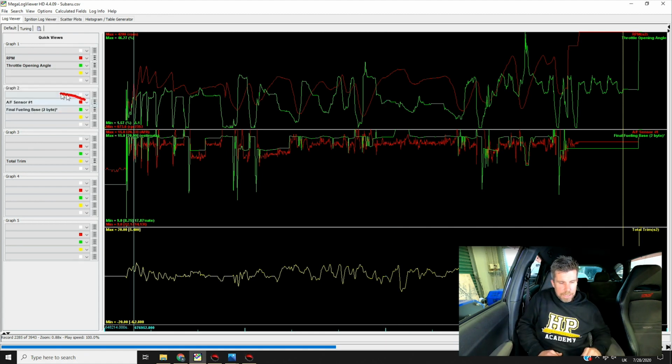So our next piece of data down here, we've got our air fuel ratio sensor. This is the factory sensor, and we've got our final fueling base. Remembering here that these are the two parameters you want to overlay. Essentially, this is telling us how close or far away from our target we are. If our mass airflow sensor scaling is correct, essentially we should find that our measured air fuel ratio and our target air fuel ratio line up really nicely. This is using that factory wideband sensor.